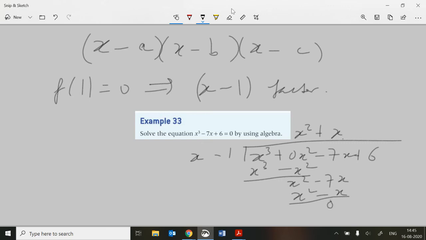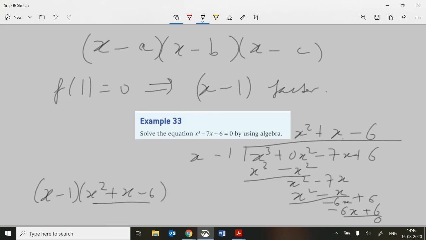The subtraction of those two things is not 8, it's minus 6x. Let's bring down the plus 6. Now x into minus 6x gives us minus 6. 6 times this thing here should hopefully give us 6x plus 6, leaving no remainder. So that's the approach that I take here. And then we can see that this is our quotient. And so now we've got our function is equal to x minus 1, and this quotient x squared plus x